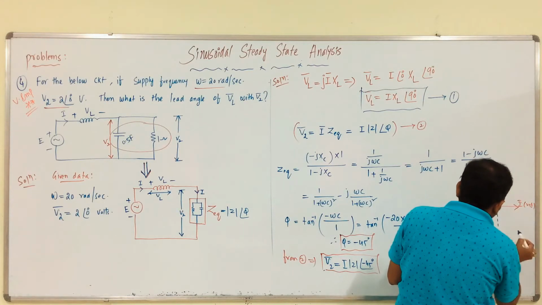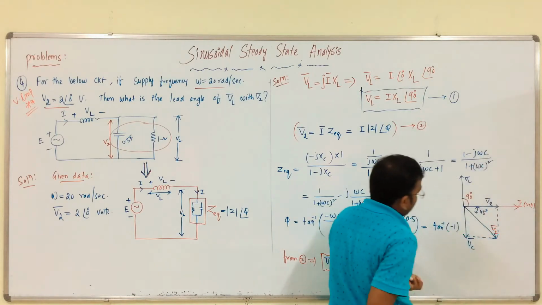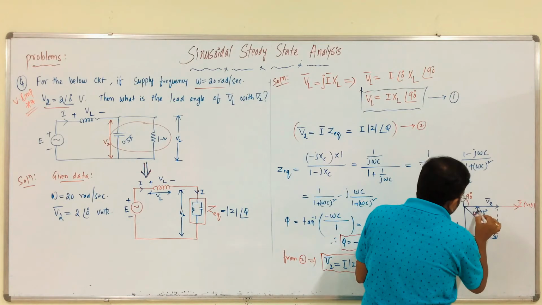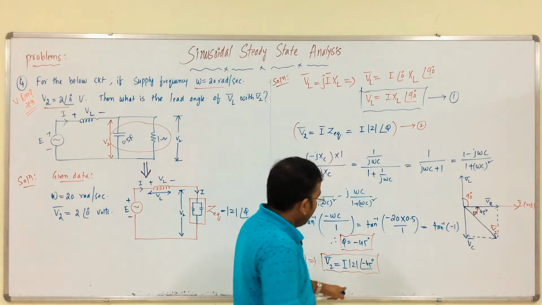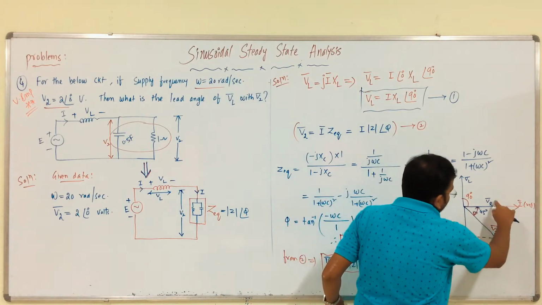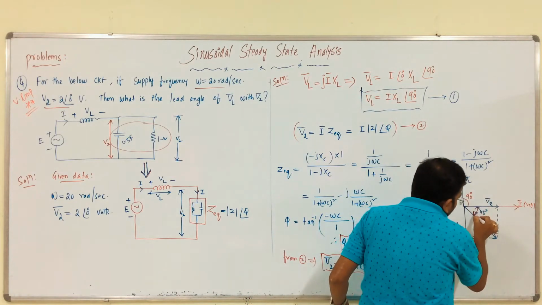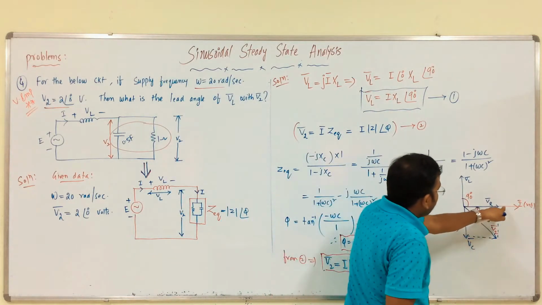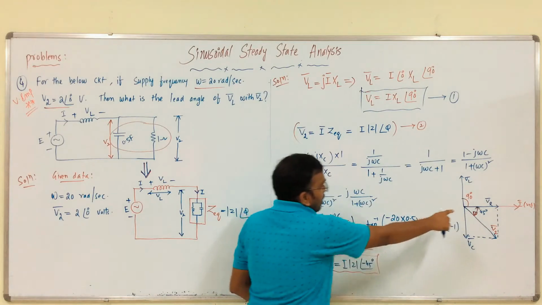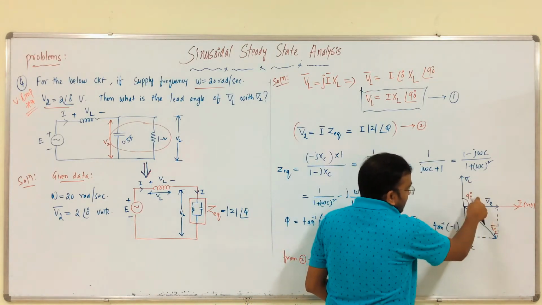This is the resultant between these. This is V2, right? This is 45 degrees. This minus sign represents that V2 lags VR, or V2 lags VL, by minus 45. Minus means lagging angle. Therefore, to reach VR from V2, we need 45 degrees. From VR to VL, we need 90 degrees.